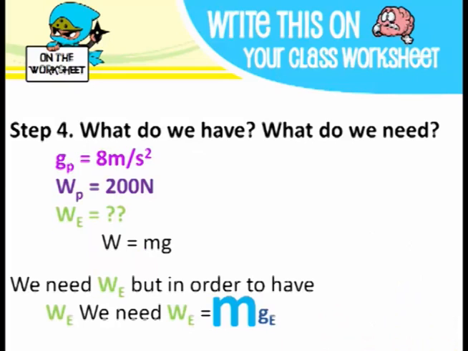Okay? So here, the goal, what do we have, what do we need? This step's actually going to come in handy. What we want to have is WE, or our weight on Earth. What we need to have is mass. If we know what the mass is on Earth, we know that gravitational acceleration is 9.8, and we can multiply those 2 numbers. So if you want to find WE, we need to have m and g on Earth. Our problem is we don't have m. Therefore, if you look at your givens, we have gravitation of Platypus and our weight on Platypus. If we can solve for m using those 2 values, we can then plug that m in and solve for our weight on Earth.